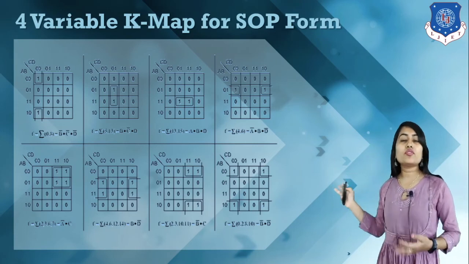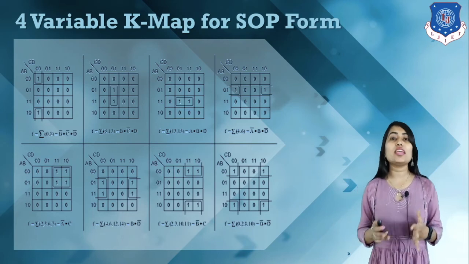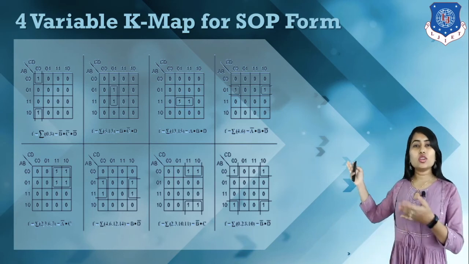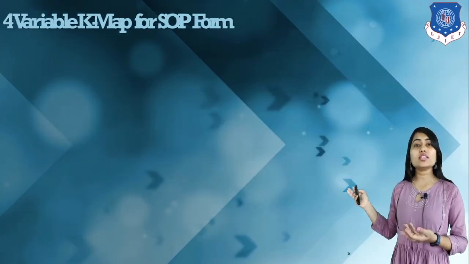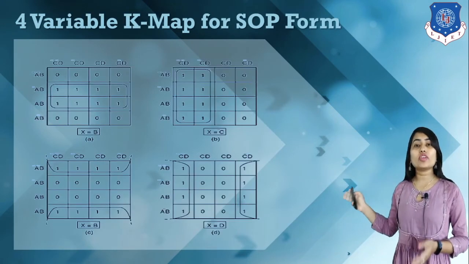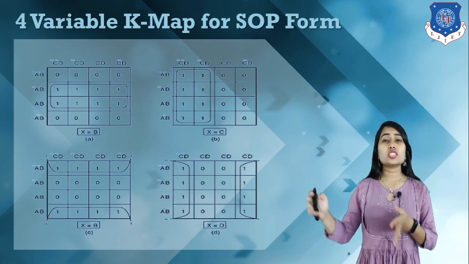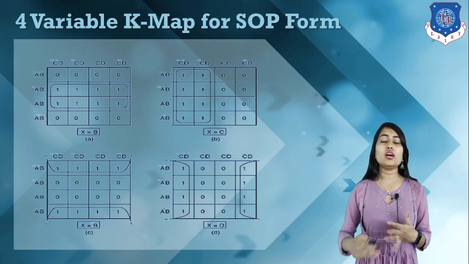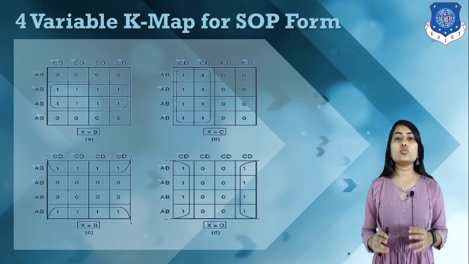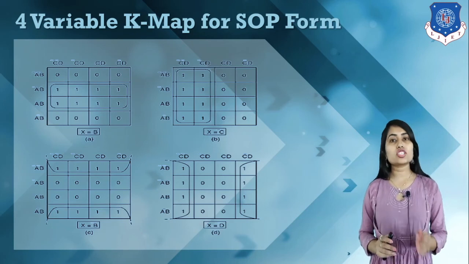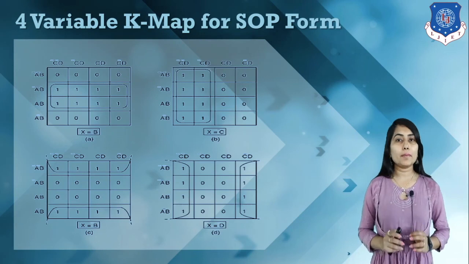We have different types of patterns, and different logical functions depending on that pattern. Here we can make a group of 2 like this, or a group of 4 like this also, and here is an example where we can make a group of 8 like this. Depending on the requirement of our logical function, we can make a group, write the group functions, and then make a sum. This is how we can write logical functions in SOP form in a simplified format using the Karnaugh map method.